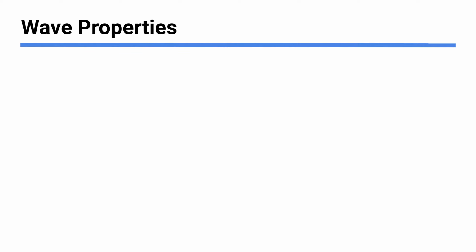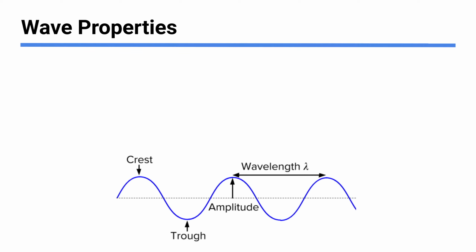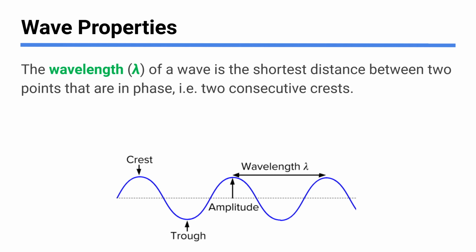So some properties of a wave that you want to know about, some of these different things we're going to describe. We got crests and troughs here. Let's do two more. Let's talk about wavelength and amplitude. Okay, wavelength. The word length is in the name. That should be your clue that this is going to be a measurement of some kind of distance or length. We're going to measure it in meters, for example. So it's a physical distance.